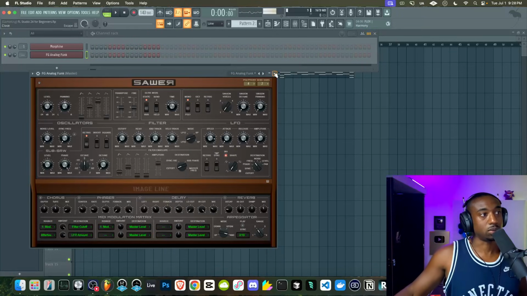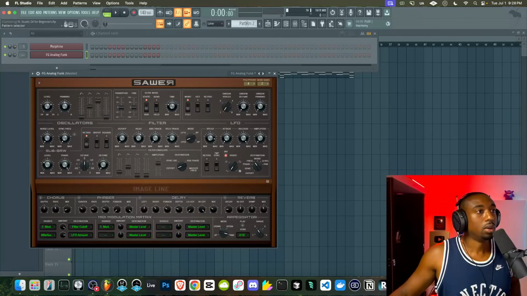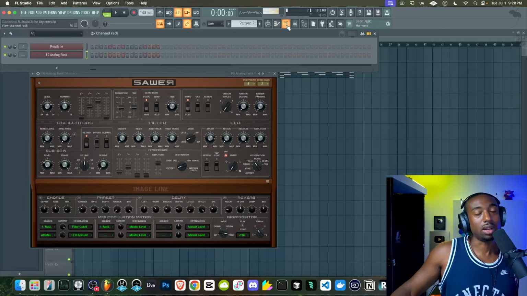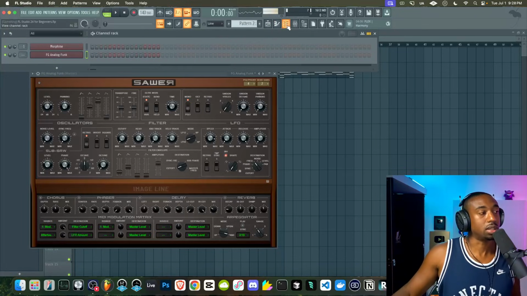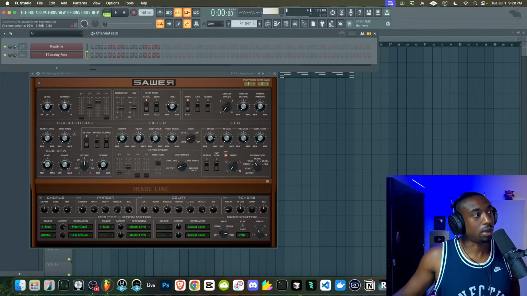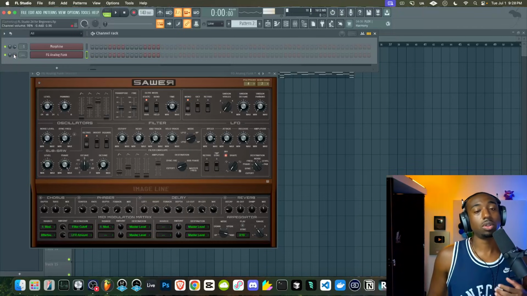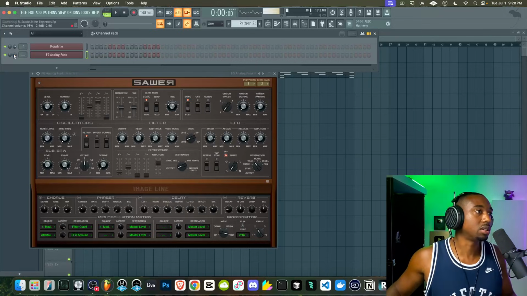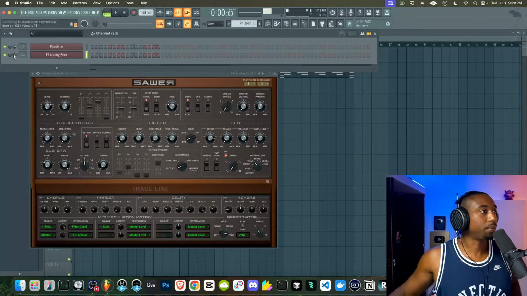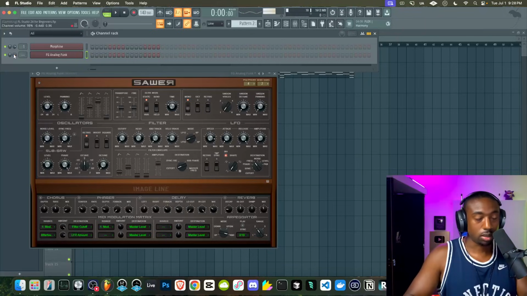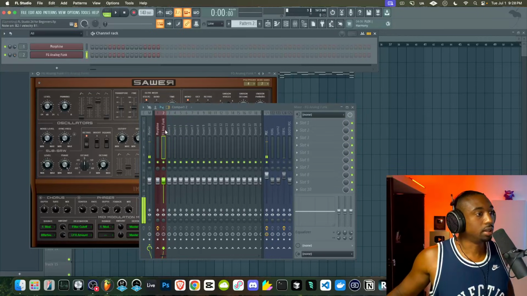Okay, so this bass sounds really good when it's pitched down. What I recommend you guys get used to is controlling the volume of sounds from the channel rack. Let's go to the channel rack and turn up what's called the channel volume. So this is a great place to control volume before you go to the mixer, because in the mixer, people don't use faders properly. Let's hit Control L, send this to the mixer. So now it's in the mixer.